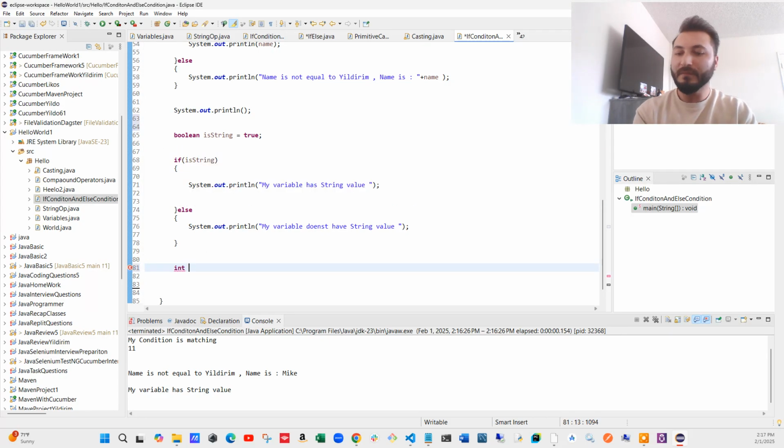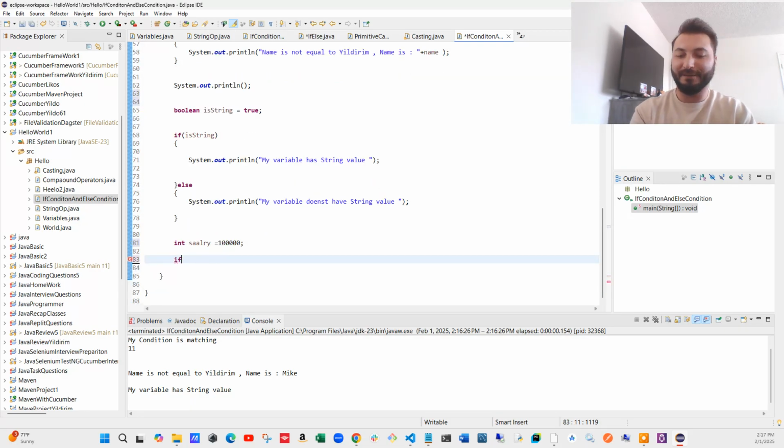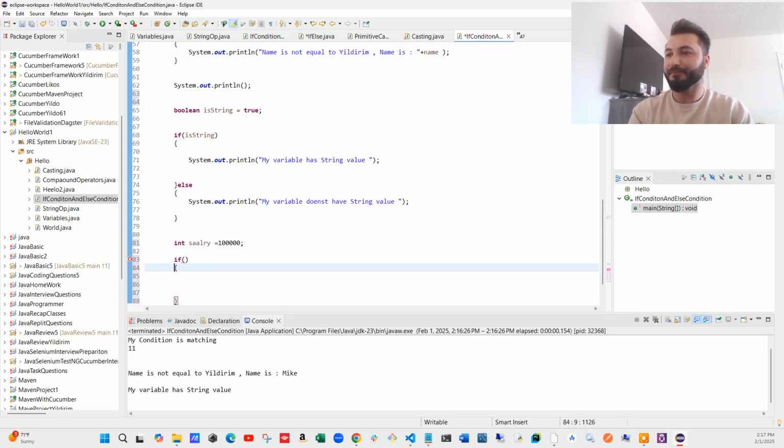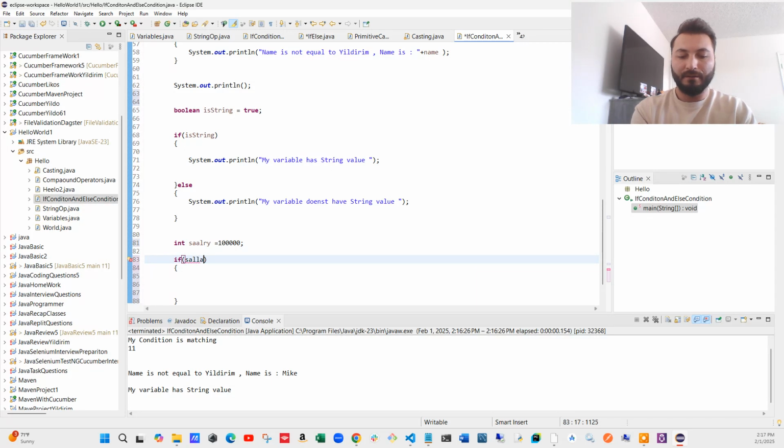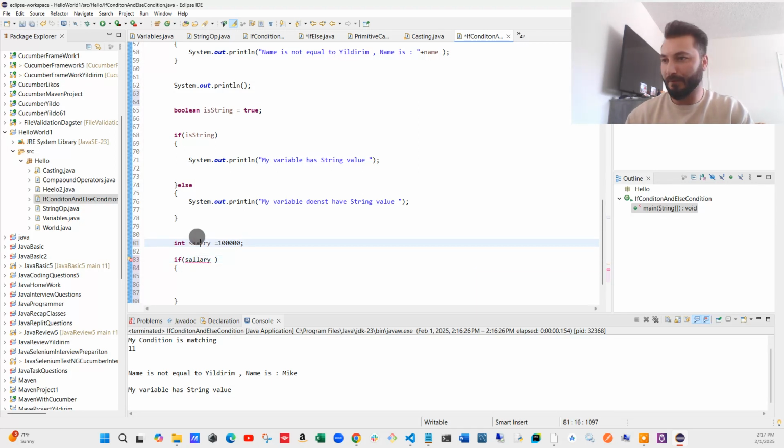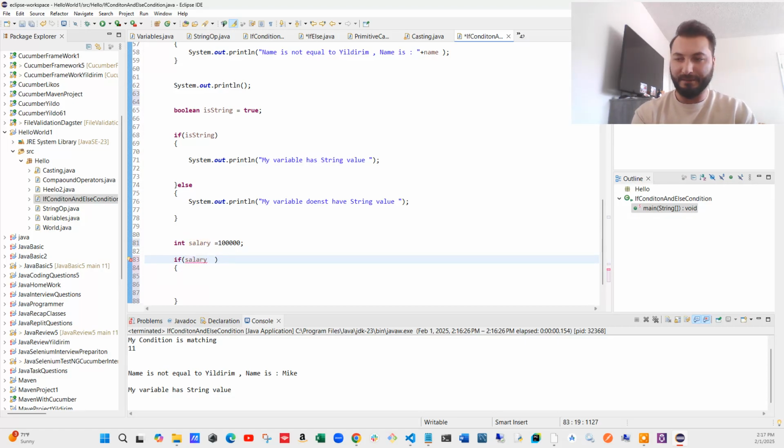So here, int salary equals 100,000, right? Okay, if salary is $100,000, what I'm gonna do is, if salary is $100,000, then I'm gonna accept this stuff, right? So salary, how did I declare it? Salary is, let's say, salary. I don't know how to spell that, but let's say salary is equal to